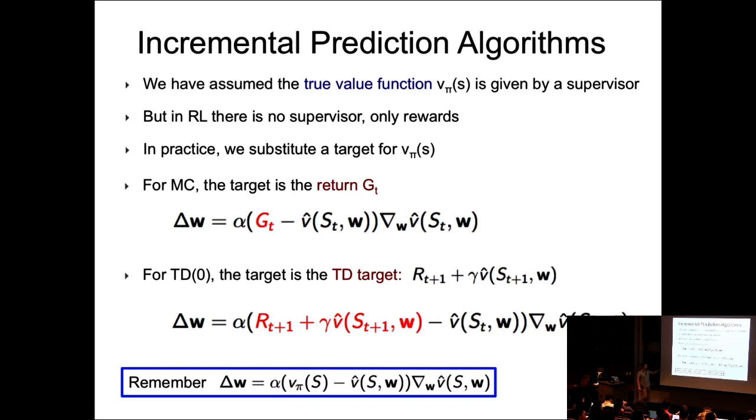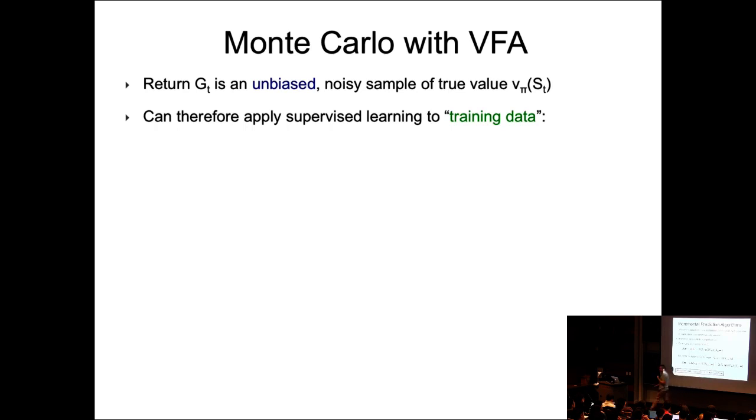And later on in the class, you will see that when we look at this update equation, there is nothing in this equation saying that this should be a linear system. This could be a multi-layer perceptron. This could be a convolutional neural network parameterized by parameters W. And that's the objective. So let's look at the Monte Carlo for function approximation.